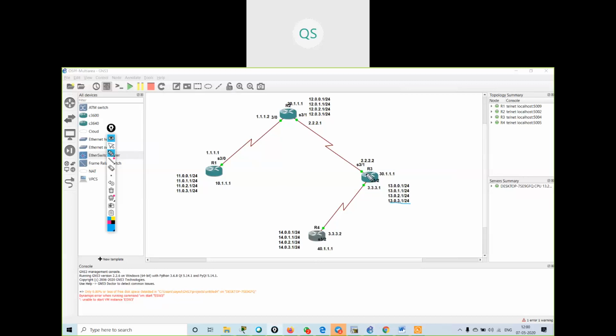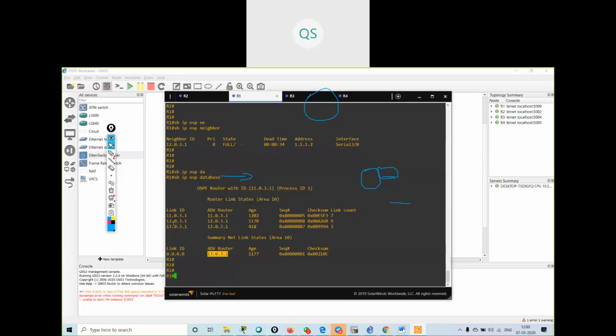This is my ABR router. Whenever I am checking the database of this, I will be getting these routes because I have configured it in area 10. I am getting 11 dot, 12 dot, and 13 dot routes.